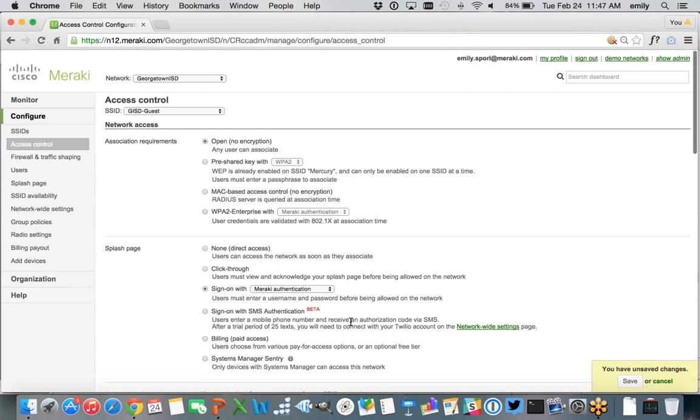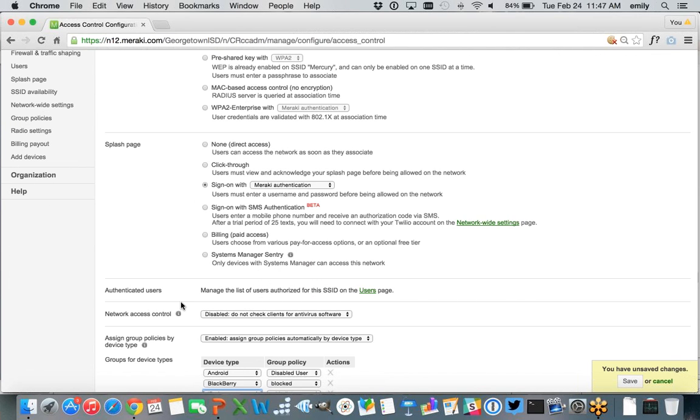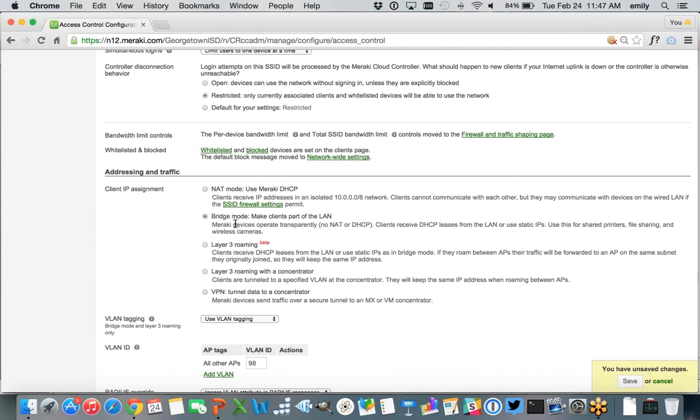Now, if you wanted to create secure isolated guest wireless in like 3 clicks, all you would do is go select your guest wireless network, leave it as an open network because it's a guest network, decide if you want a splash page or not, but literally all you have to do is put your SSID in what we call NAT mode. If you do this, what happens is the access point will begin to issue isolated Class A IP